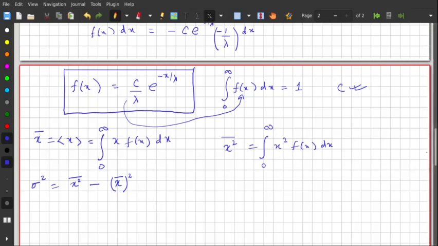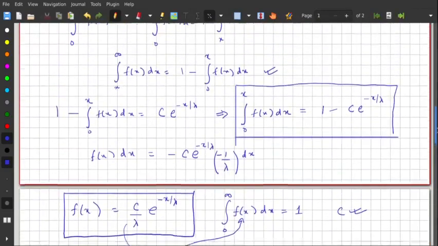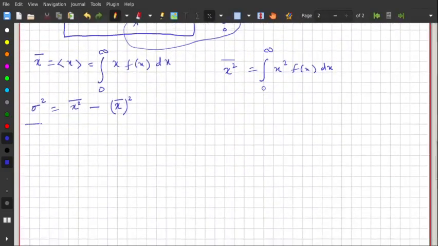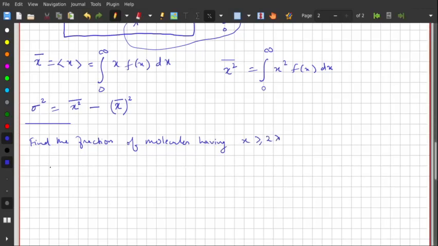Okay, so let's see, there is given f(x). Now we know, the question is find the fraction of molecules having x greater than or equal to 2 lambda. Okay, so what they're asking is, we want to find the probability of finding a particle at x greater than or equal to 2 lambda. That is what we need to find out, and that is given by